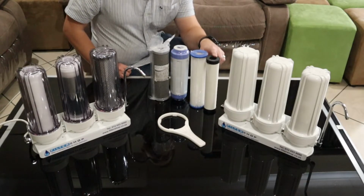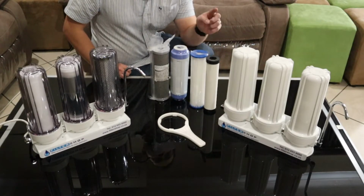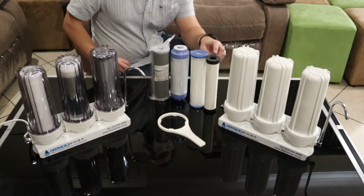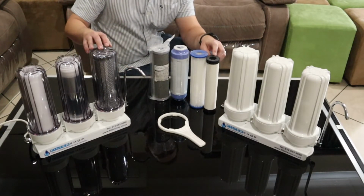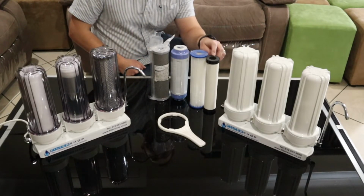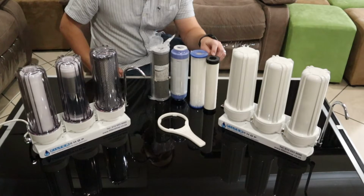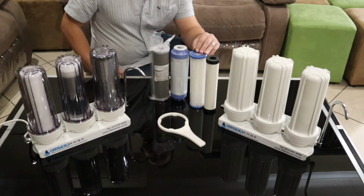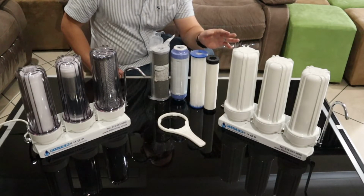But the ceramic filter is slightly washable, so you can wash it for a few cycles. And what's very important, if you use a ceramic filter, is to flush the system with the carbon or KDF first, so that the dust coming off the filter doesn't clog the ceramic filter quite easily. Typically in most systems we use the pleated one because it has less issues, but if treated well, the ceramic